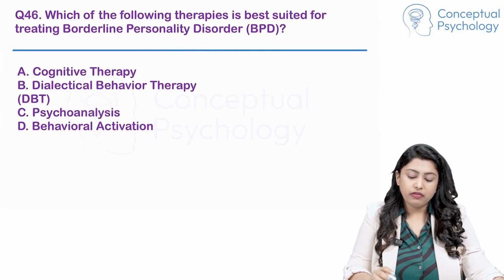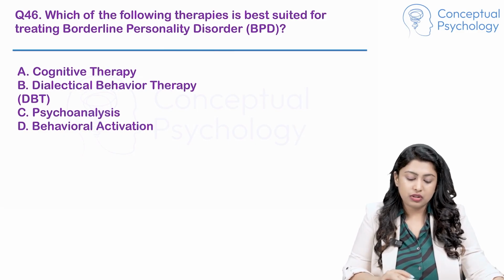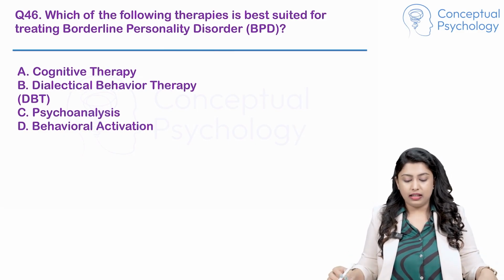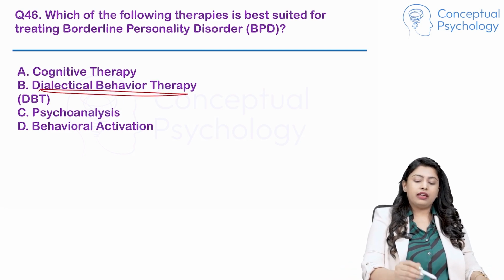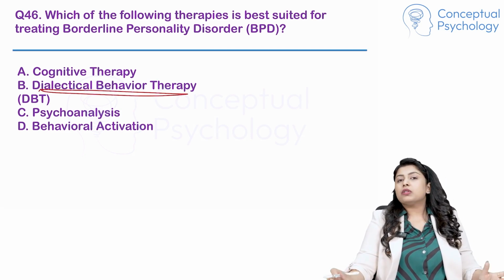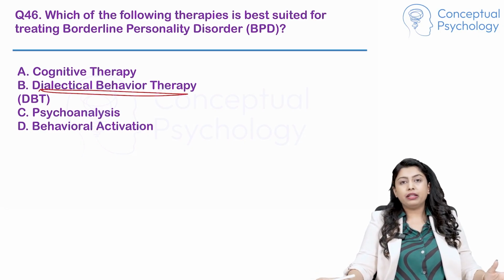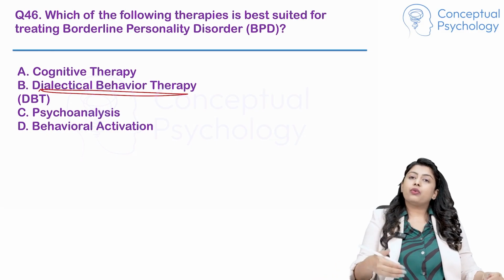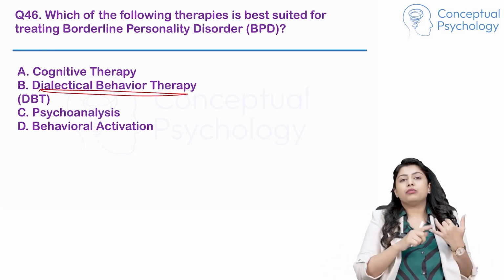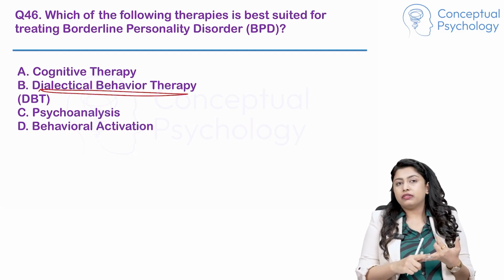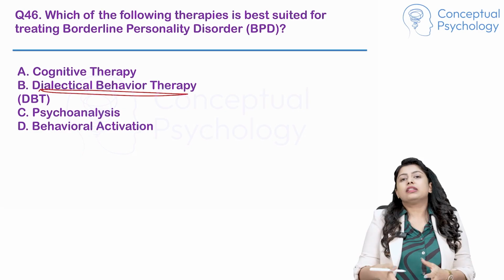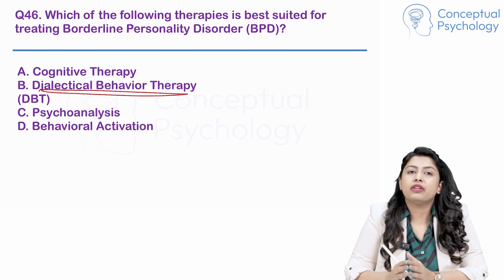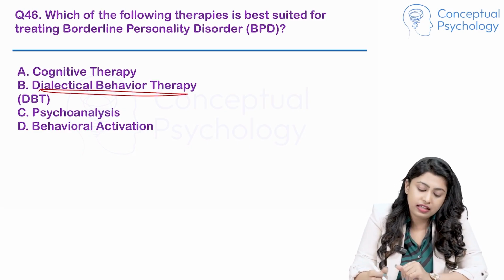Now, which of the following therapies is best suited for treating borderline personality disorder? Very easy by now. Dialectical behavior therapy. So, DBT was specifically developed for BPD and it is considered the standard treatment. It addresses the core features of BPD, which are emotional dysregulation, interpersonal difficulties, and impulsive behaviors, and it caters to that through skills training in mindfulness, emotional regulation, distress tolerance, and interpersonal